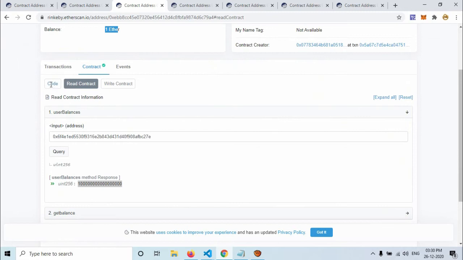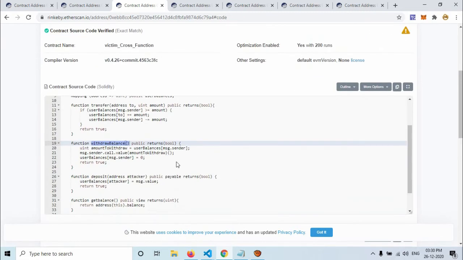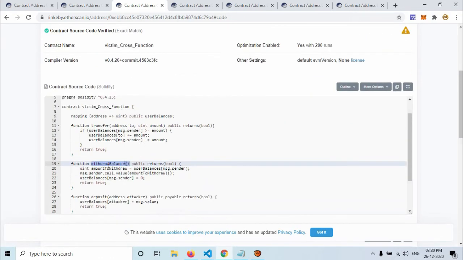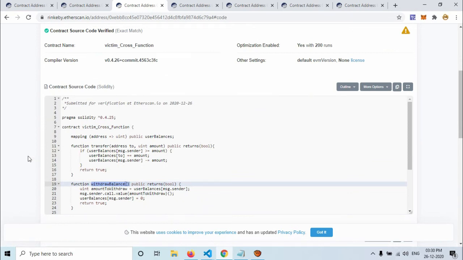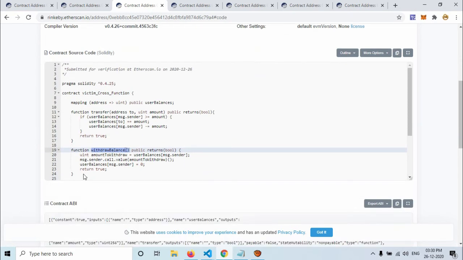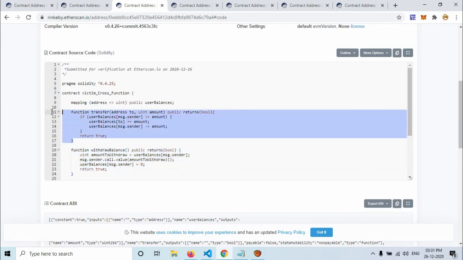The rest we have seen in code already. This is the victim contract. Attacker will call this function first and then balance will be sent to this attacking contract. Attacking contract will again call this function from its fallback section.